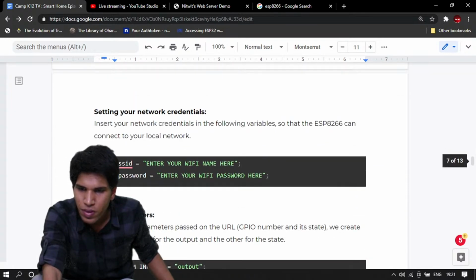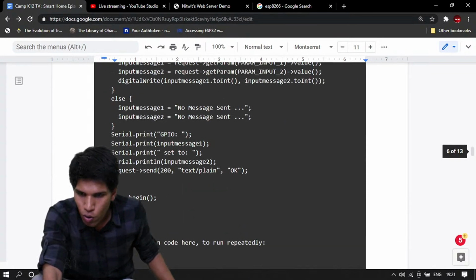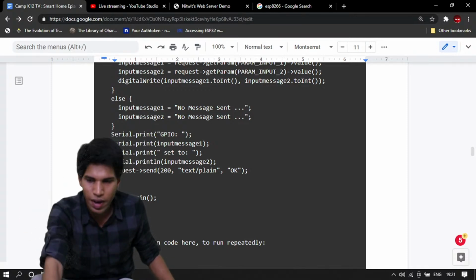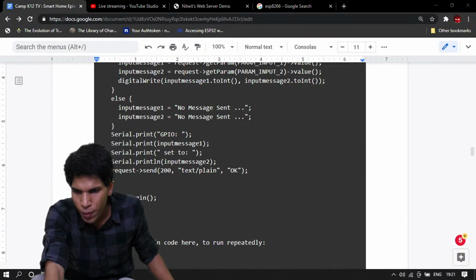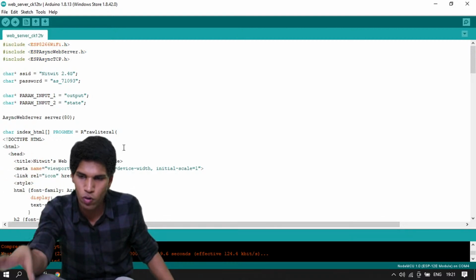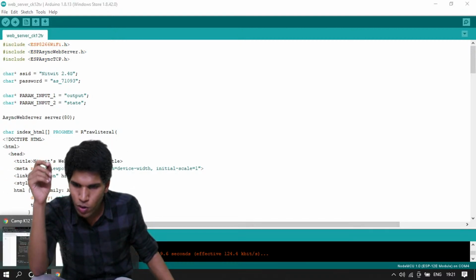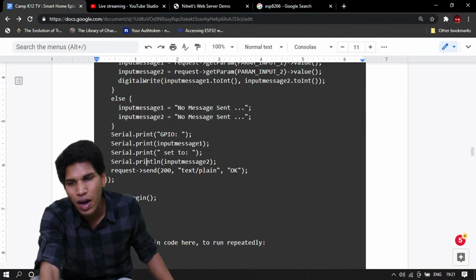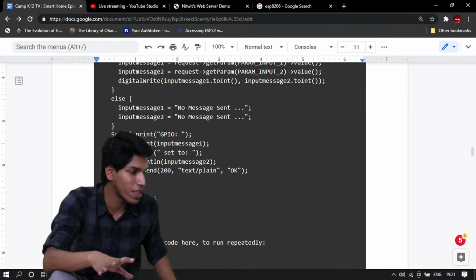In the code, all you have to do is select the entire code, copy it, open up the Arduino IDE, and paste the code here. Paste the code that is written in the document, and I will tell you where you need to make the changes.